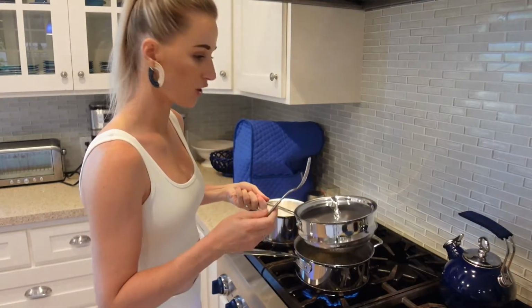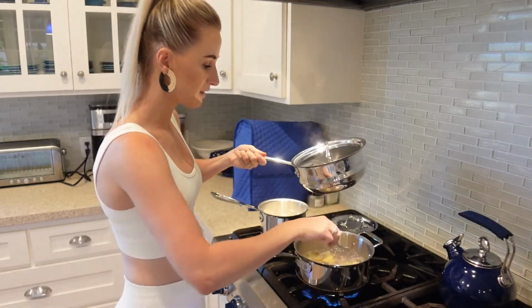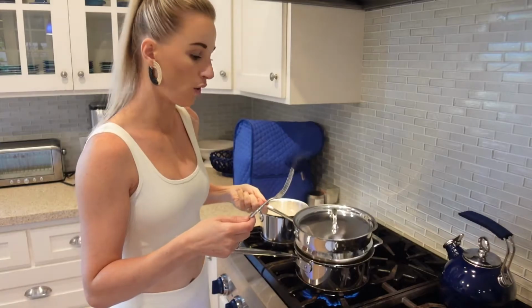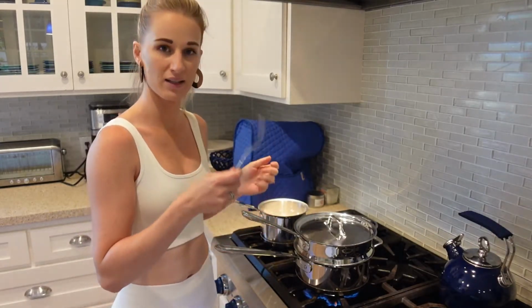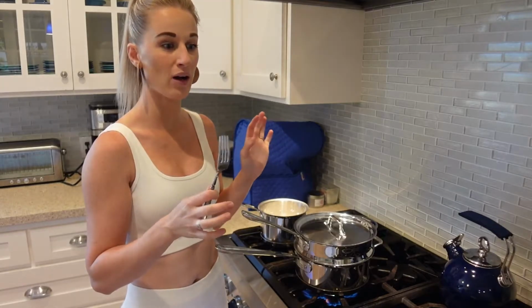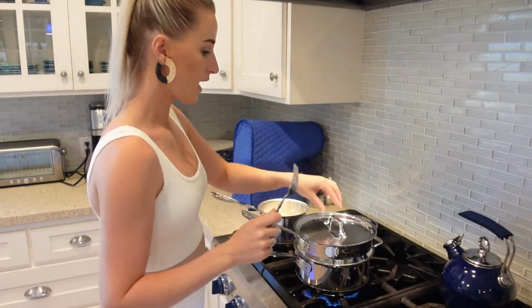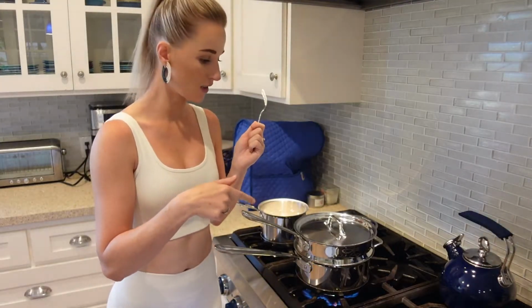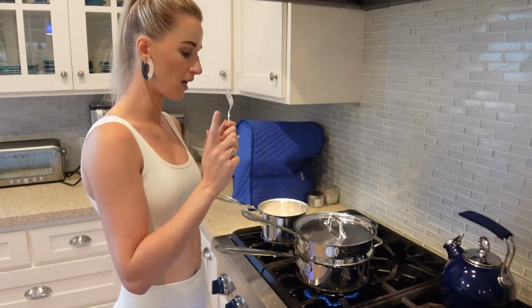So what you want to do is take your fork and stab the potato, and if the potato sticks on your fork and it stays there, then that means it's not ready. If you stab the potato and it slides off the fork, that means it is ready, and it is ready. So it's been about 10 to 11 minutes. So what I'm going to do now is I'm going to drain the potatoes, and I think I'll leave the